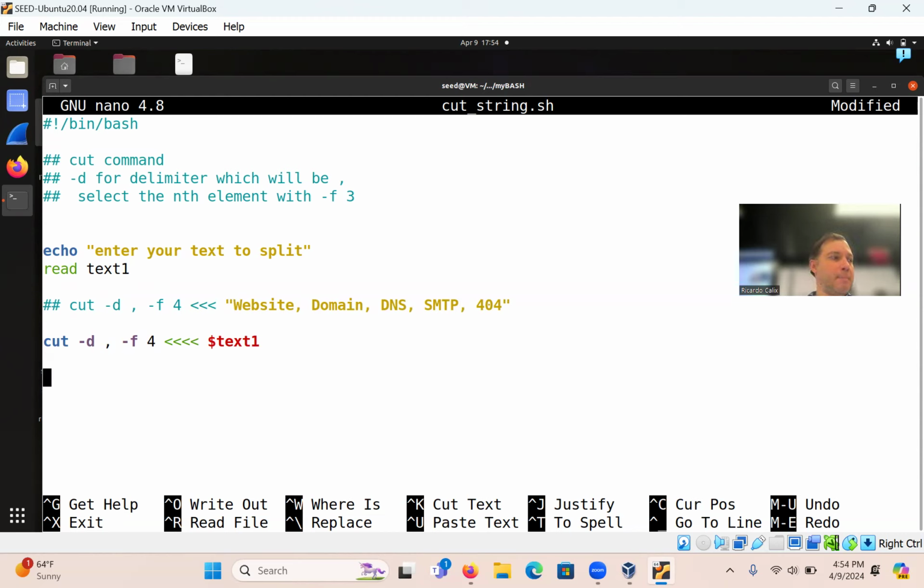And then that cut should give us a value, result, and we are going to echo result back. The answer is $result. Do you guys see that? Does that make sense?